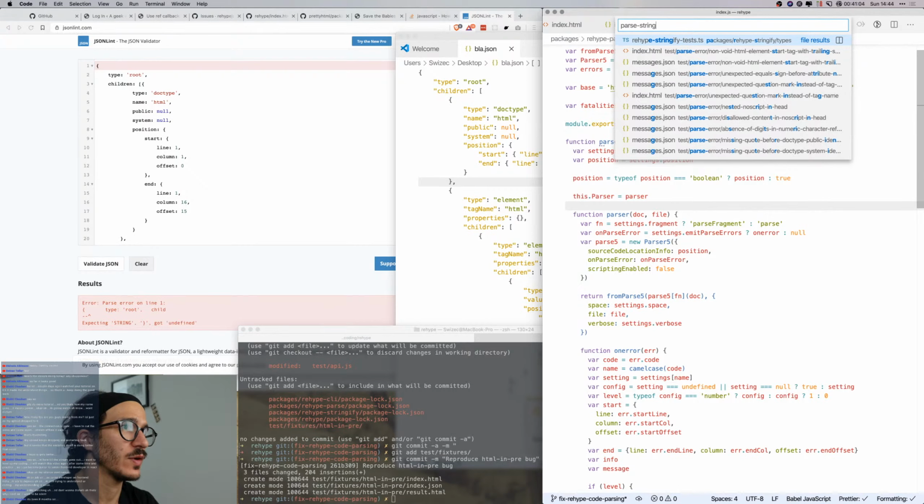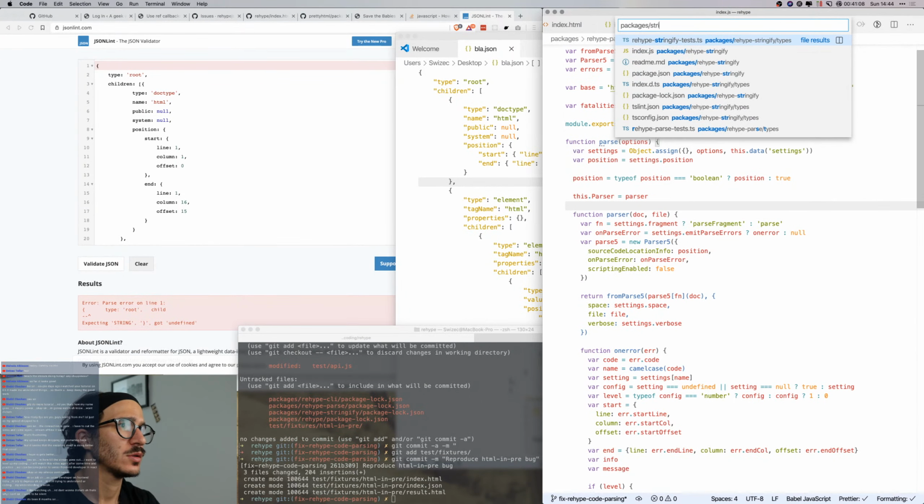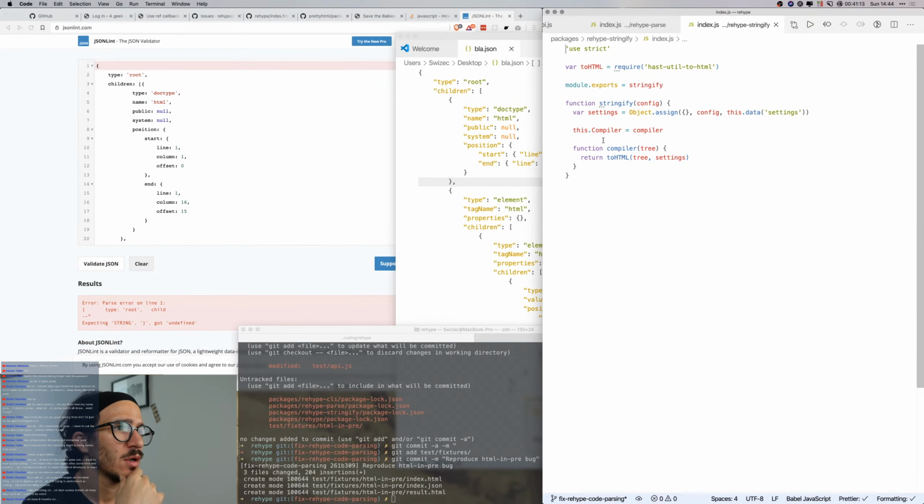Let's see, packages, stringify. I want to see how rehype-stringify works. So it runs hast-util-to-html. Okay, so what does hast-util-to-html do?